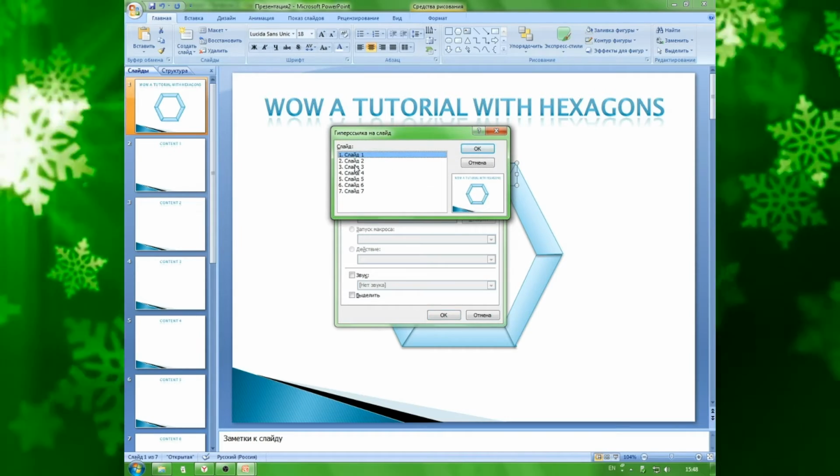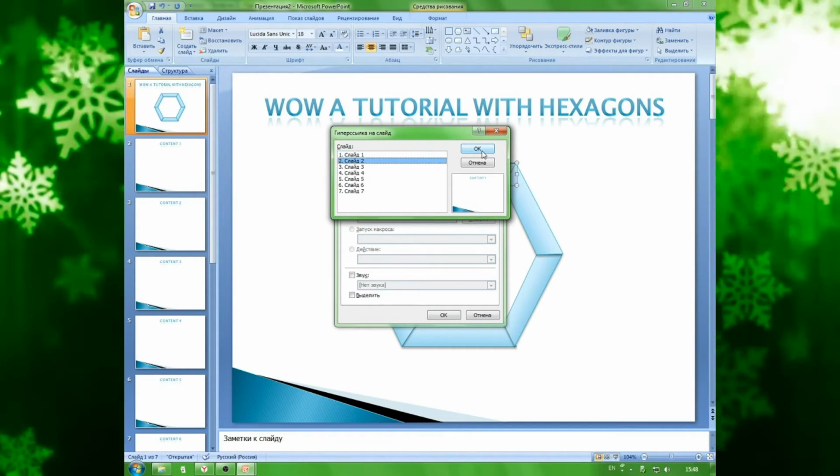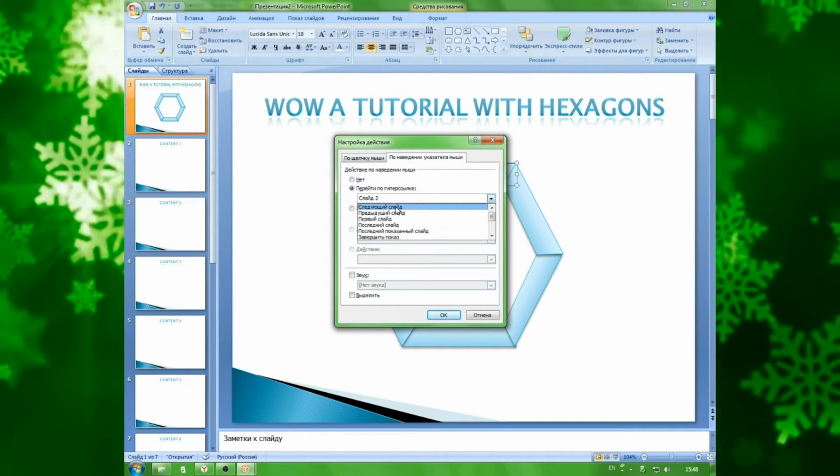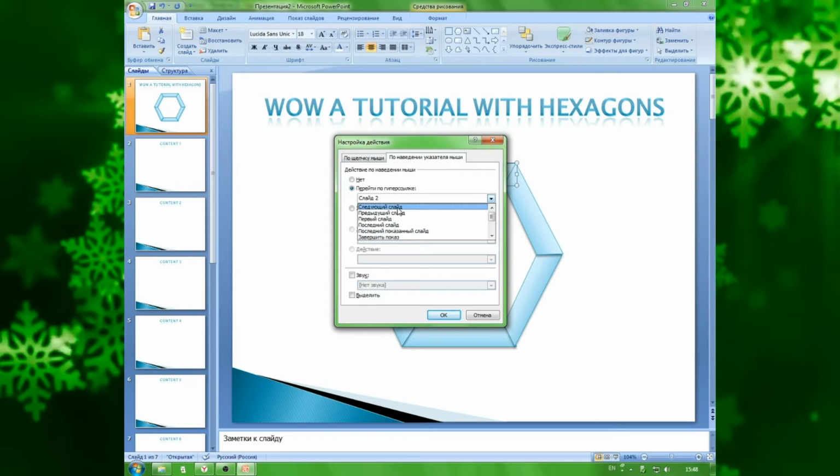And again a new window will appear. Here choose the slide that you need to go to. Now do that with every single button.